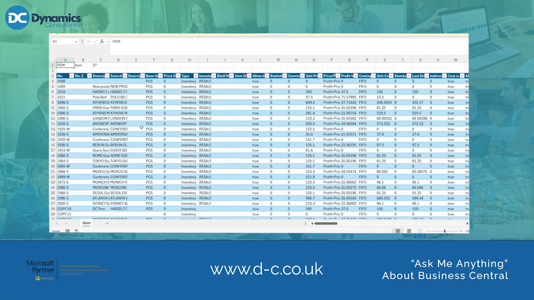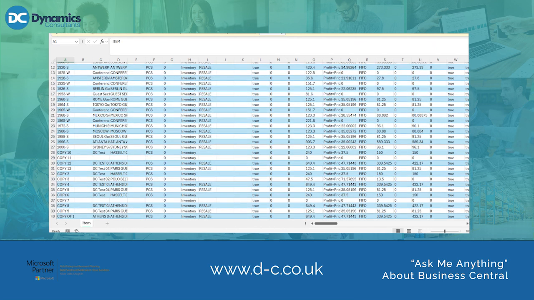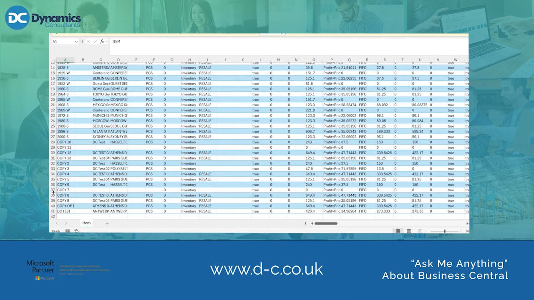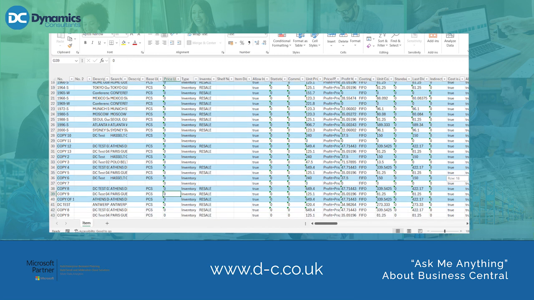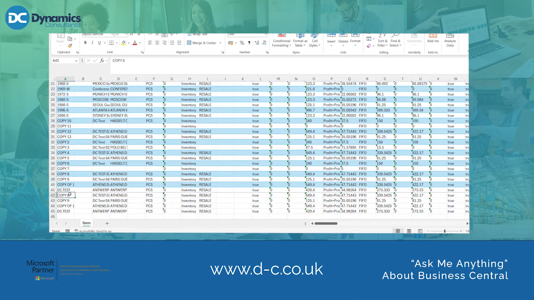So once you have modified your own list of items, you've copied and pasted them, for example here, in bulk, and then we want to paste them back in. Now, it is worth noting that you need to change the item numbers so they're not the same. So in this example,